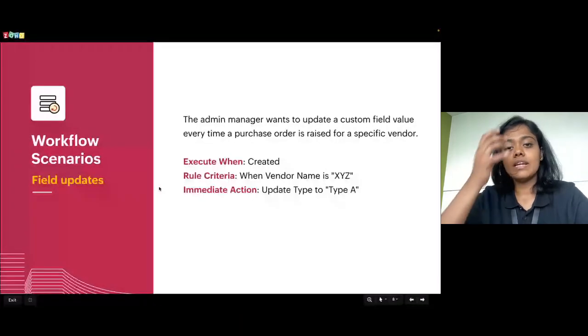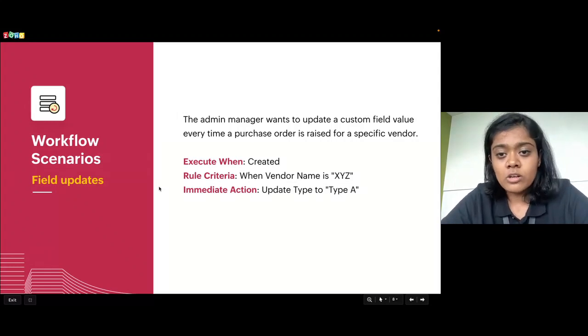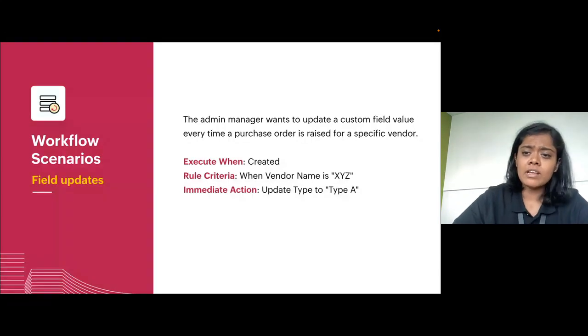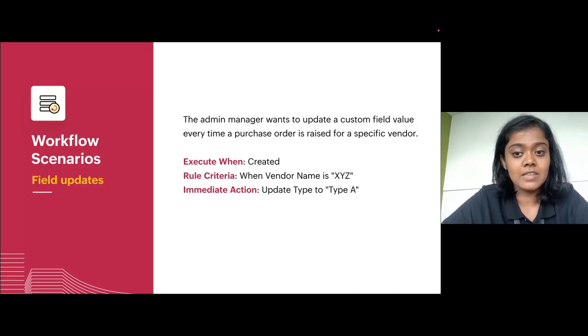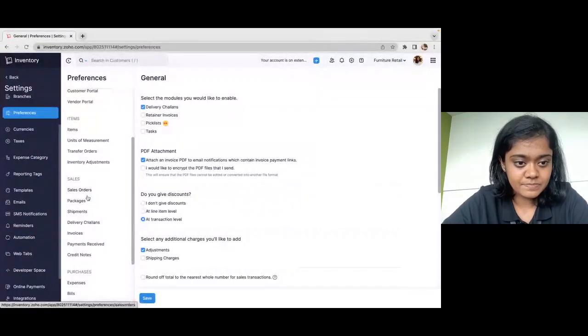Going to the next scenario, let's say my admin manager wants to update a custom field value in a purchase order, which mentions the type of the purchase order, only when it is for a specific vendor. Let's say my specific vendor's name is test customer A, and I want to update the type as type A. For that, again, a custom field is created under Preferences and Purchase Orders